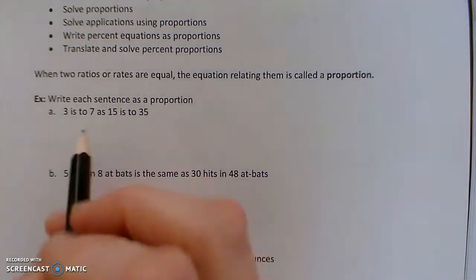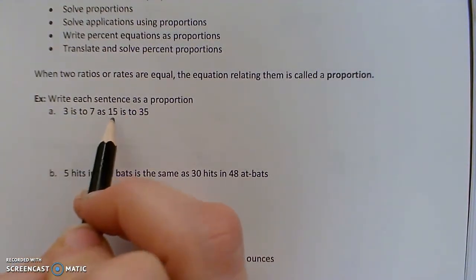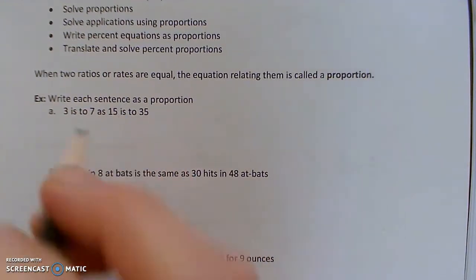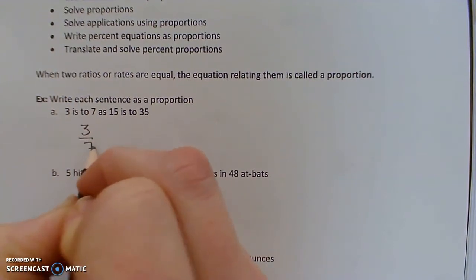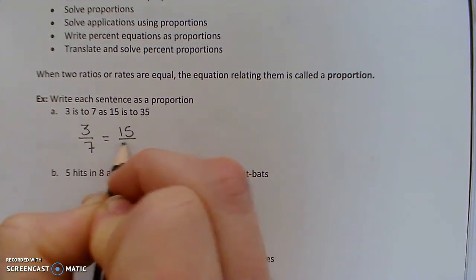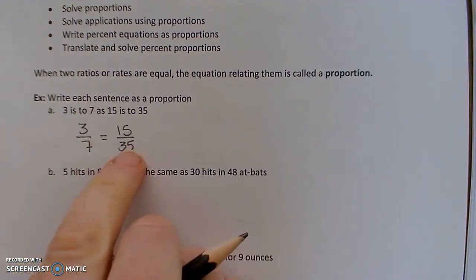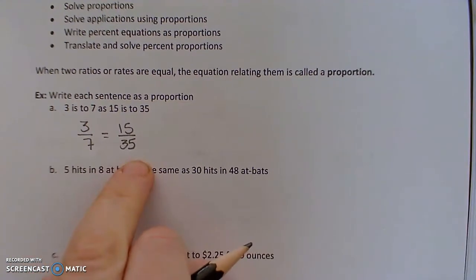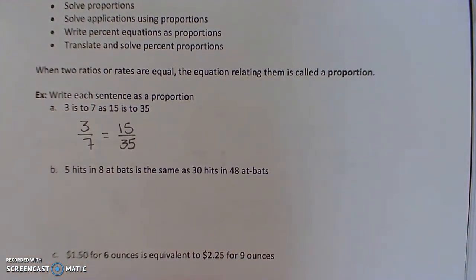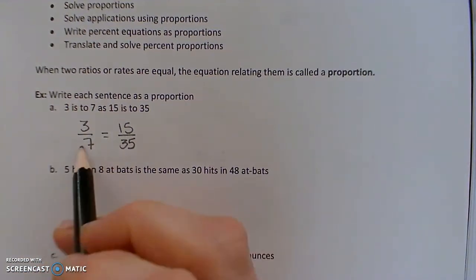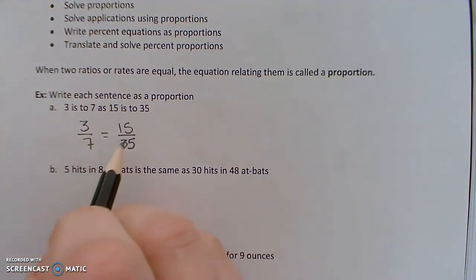So I like to think of these, I read them this way as well. 3 is to 7 as 15 is to 35. These kind of analogies. You could write 3 is to 7 as a fraction. So this is a proportion. It's stating that two rates or two ratios or two fractions are equal to each other, equivalent. All right, and this is a true proportion because these two fractions are equal